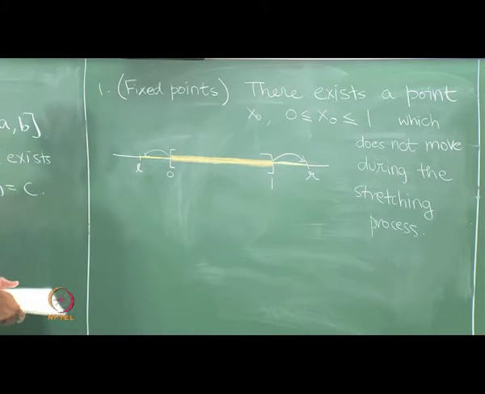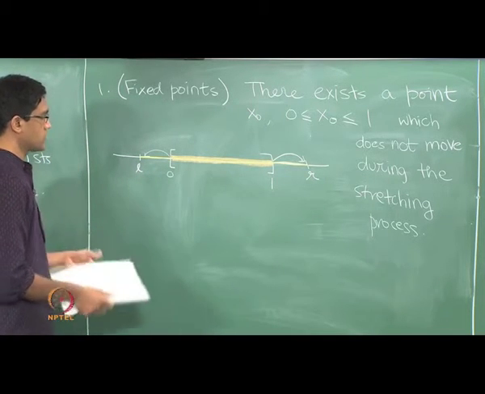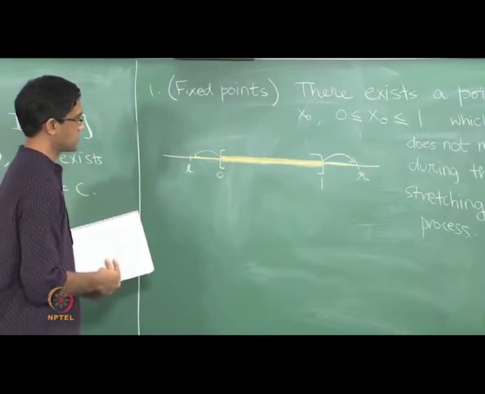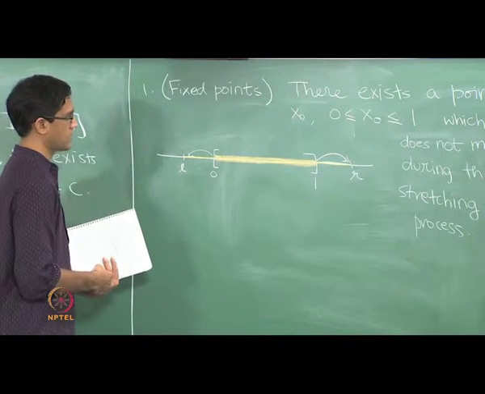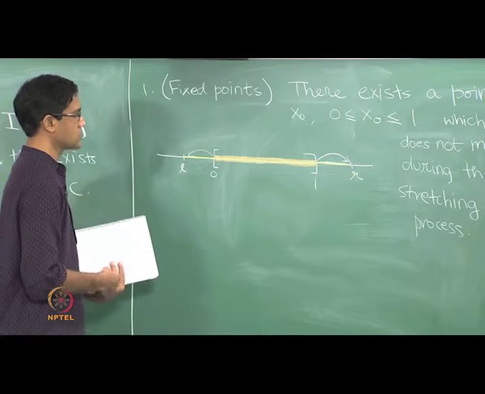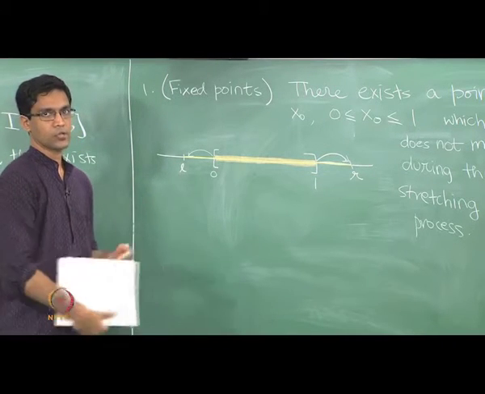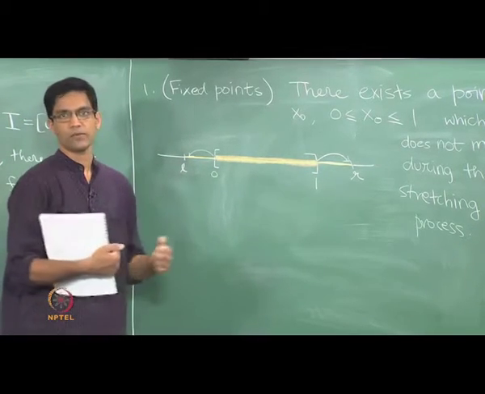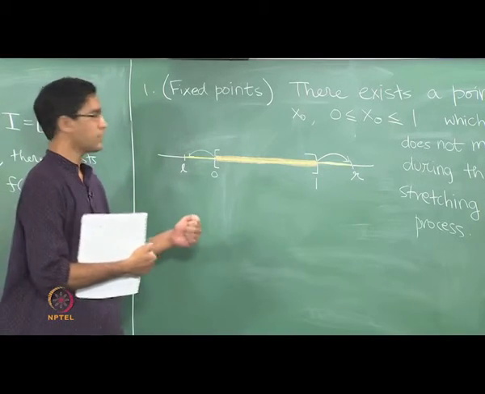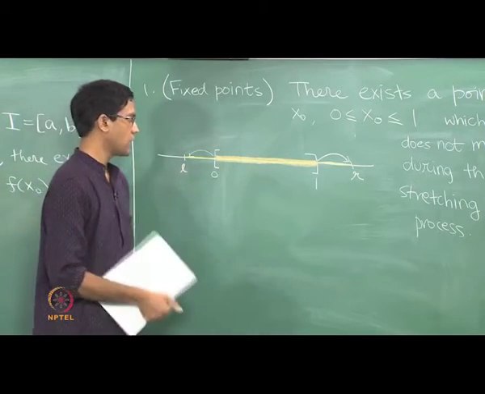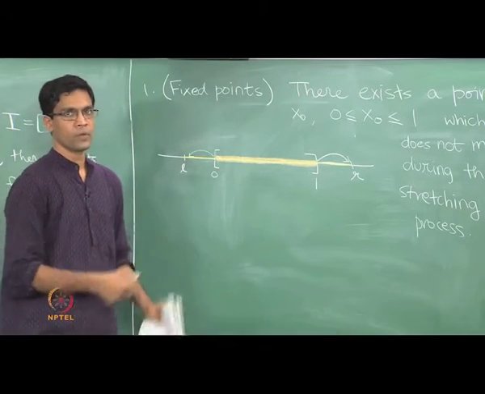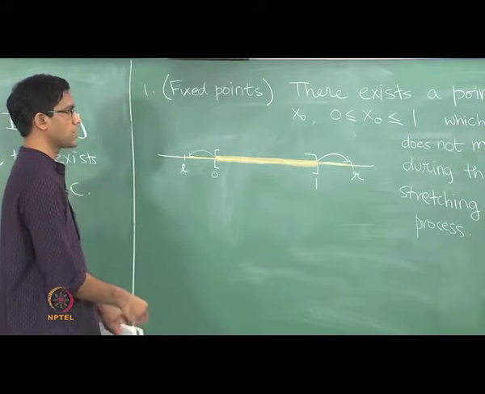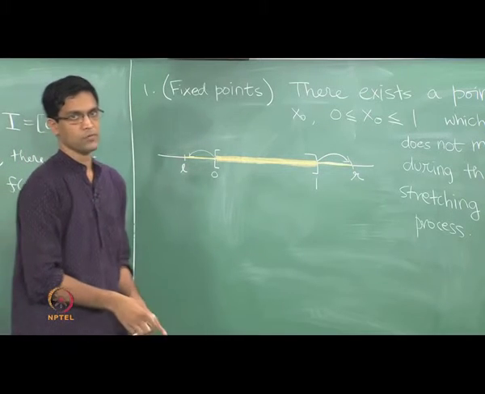Okay. So let's try and prove this using the intermediate value theorem. Depending on how you think of it, it might sound somewhat counterintuitive. And the key thing here is no matter how this stretching is done, I do not assume anything about L and R. You can imagine stretching this to any length. L could be arbitrarily small, R could be arbitrarily large, and no matter how the stretch is performed, how long the final rubber band is, this statement is independent of all that. No matter what you do, there exists a point which will never move during the stretching process.